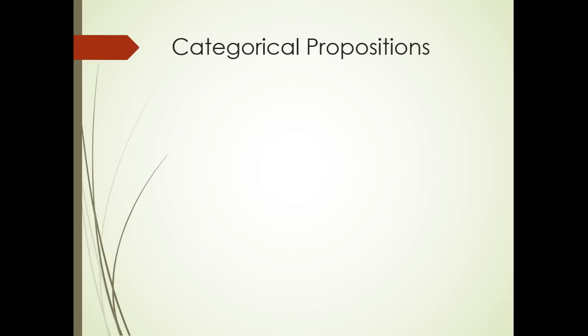Okay, for today's lesson, it's going to take place in pretty much two parts. The first part, we're going to look at categorical propositions and really just try and make sense of the various components in the propositions, how they relate to each other, and get some technical terminology for working with them. And the second part is going to stay with the categorical propositions, but we're going to use a visual system